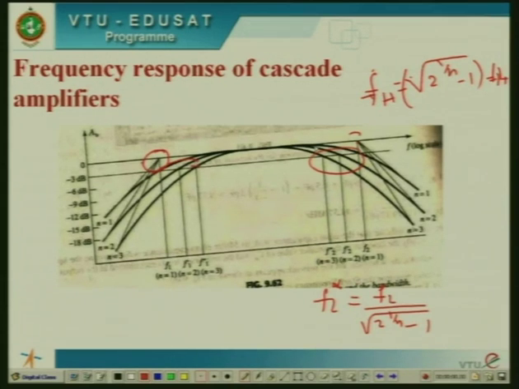The advantage of this cascade amplifier is that it improves the frequency response and also increases the gain of the amplifier, two factors. At the same time, one more advantage is that when identical stage amplifiers are connected in series, the gain AV increases, the bandwidth improves, and the input impedance and output impedance remain the same as those of a single